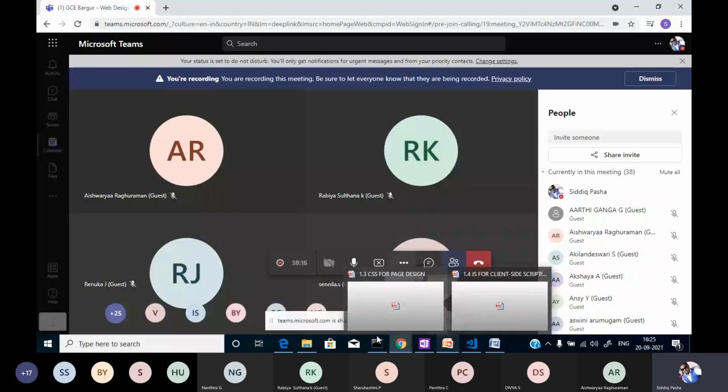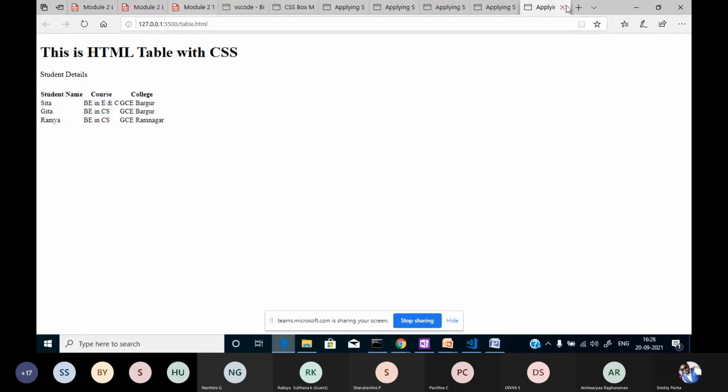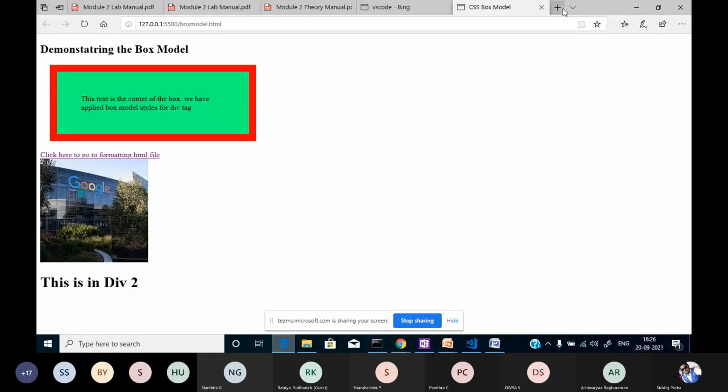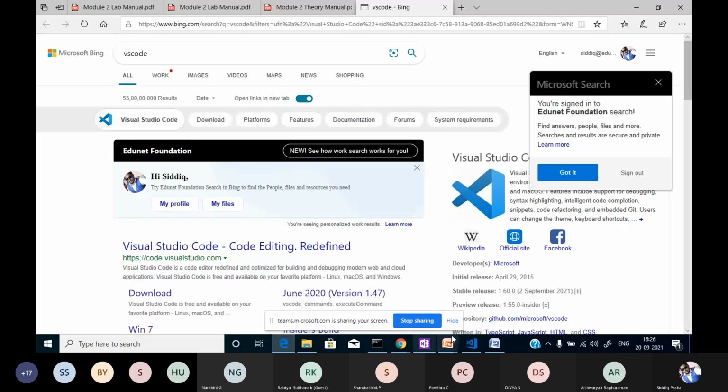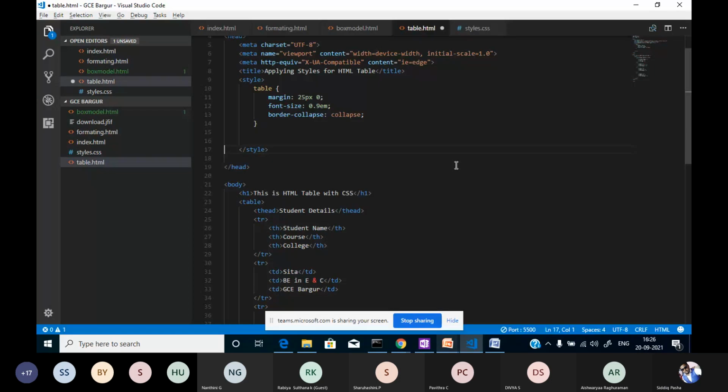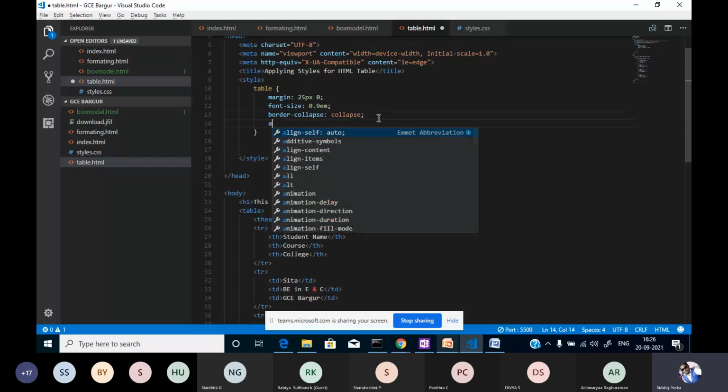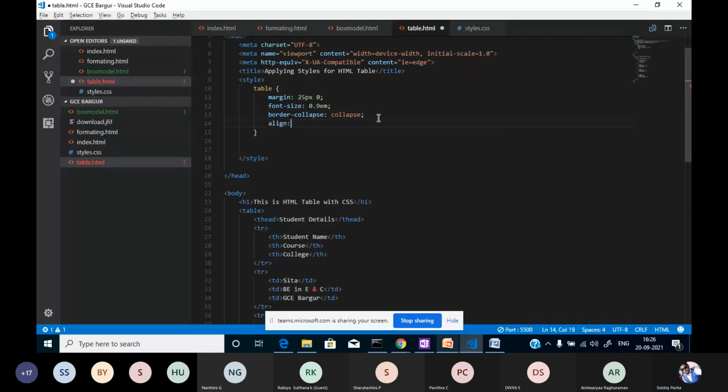Here as well, I will close this. Okay, fine. I'm adding some align over here, the property align center.